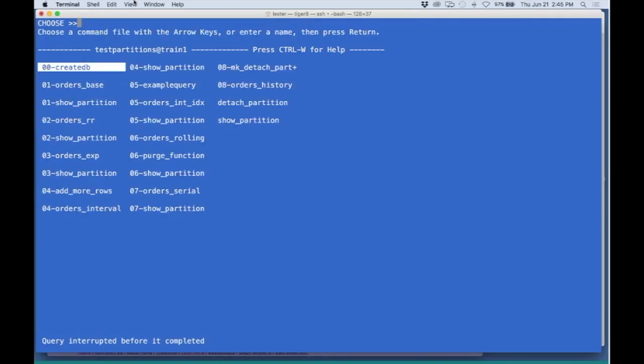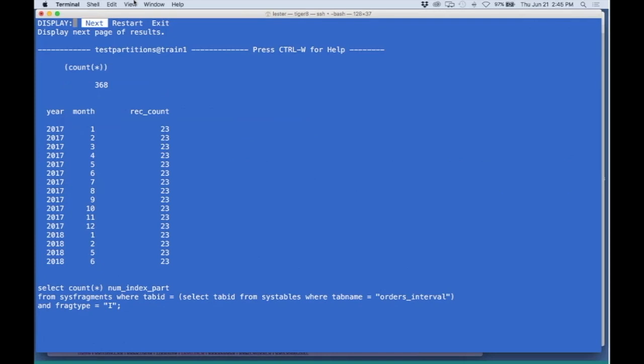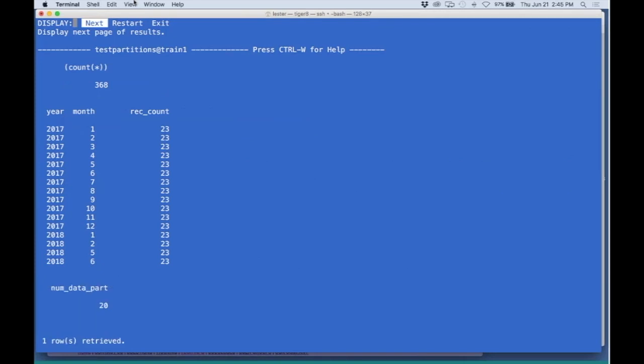And you notice I also skipped 2 months. What's there is January and February. So March and April aren't there. Let's run it. Now I have 20 partitions. I have a few more rows, 20 partitions, and still 1 index partition. So it's 16 partitions with data, the 4 I had plus 2 more, and there are 4 overhead and one index partition. And so if I come out here and look at my show partition query,